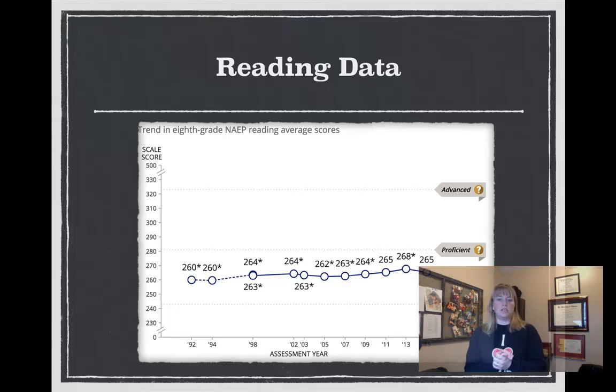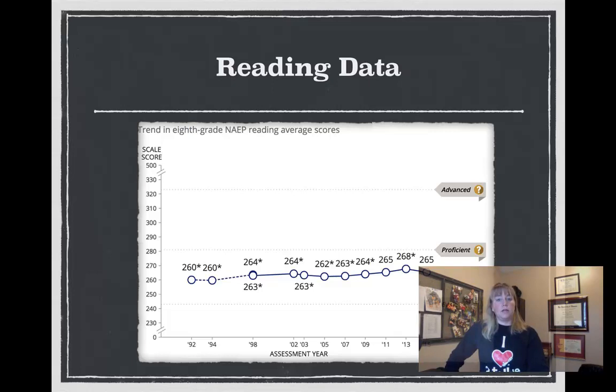Okay, so you can see we've got the basic scale score there of 245. Proficient score is at 280. Advanced score is at 310. Okay, or approximately around there. So you'll see the national average is 265 in 2015. Okay, the last time that we had data that we were looking at. 265, so that is below the proficient